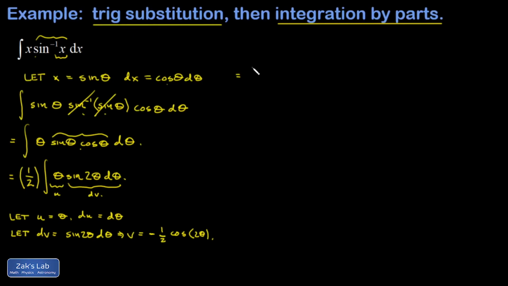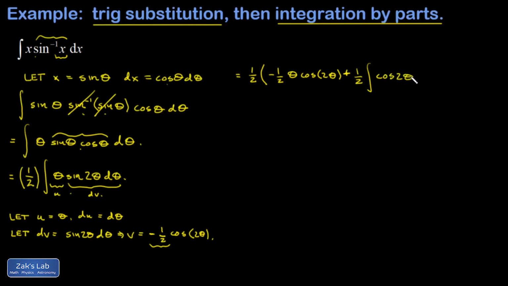So I have 1/2 times this integral, and that integral is given by the integration by parts formula now, and that's uv, so negative 1/2 theta cosine 2 theta minus the integral of v du. And since v already has a constant out in front, I'm going to pull that out. That negative constant cancels the minus sign in the integration by parts formula, and the 1/2 sits in front of the integral now. Again, this is v du, and du is just d theta, so I have the integral cosine